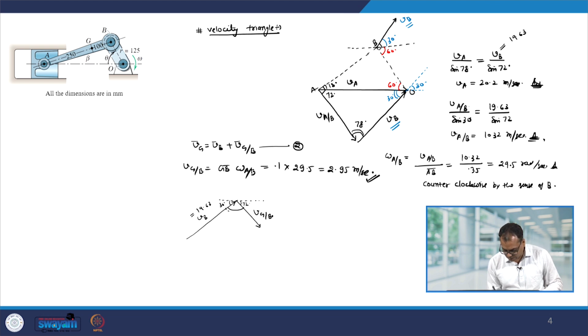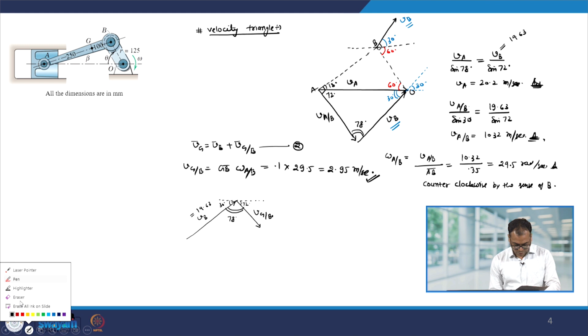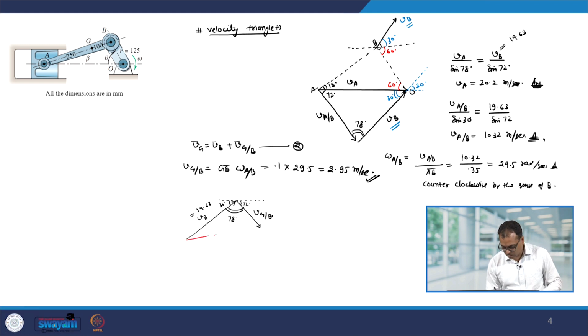So, therefore, this angle will be 78 degree, okay. And from here I can find out what is Vg, okay. So, that will be square root of this squared plus that squared plus 2 Vb Vgb and the cosine of the angle between them. So, that gives you Vg equal to 19.24